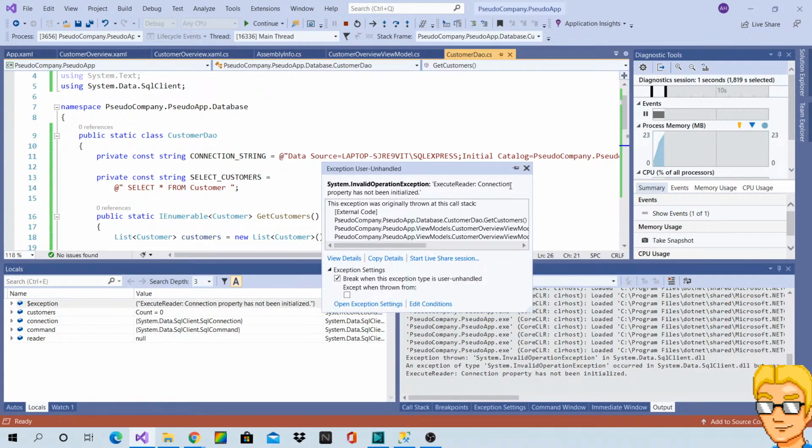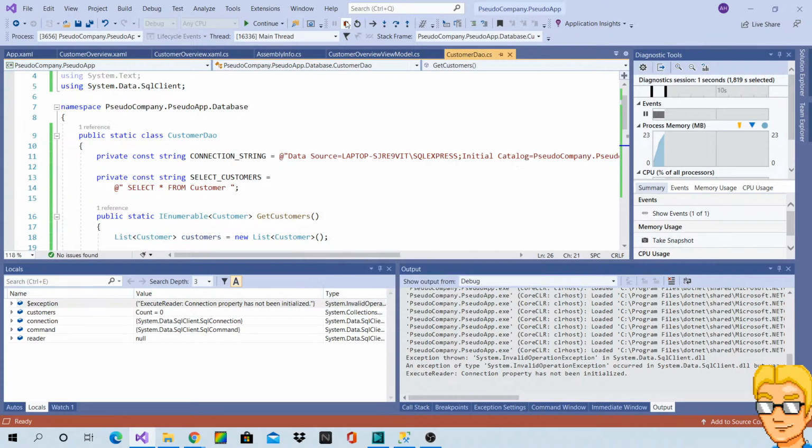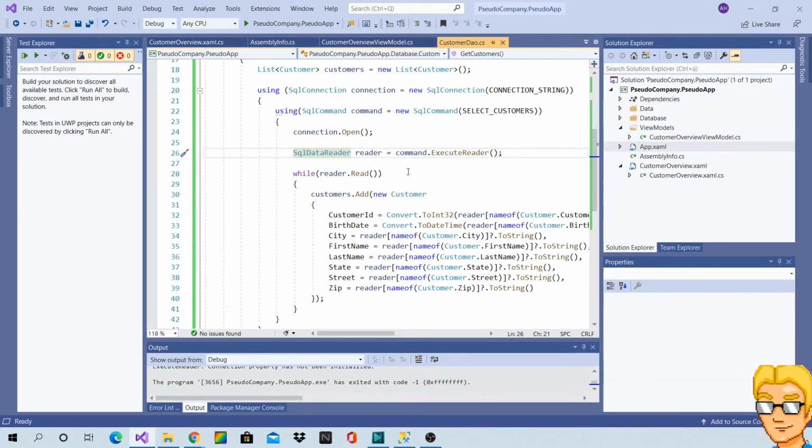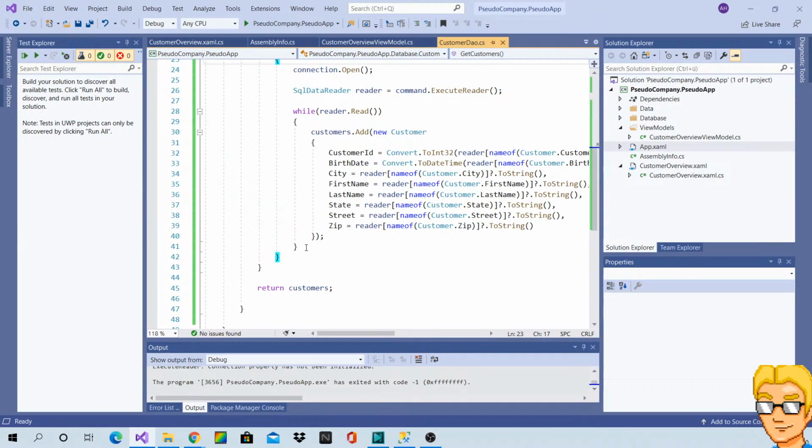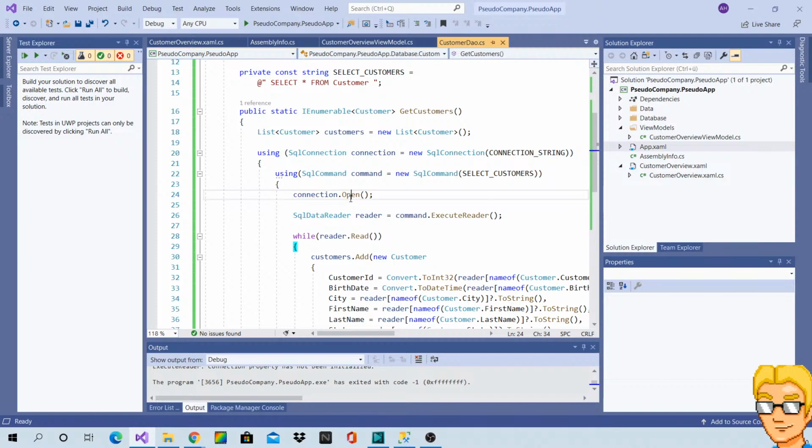Invalid operation. Execute reader. Connection property has not been initialized. Really? Did I forget that? Connection open. Oh no, that's fine. Hold on, let me put a breakpoint here.